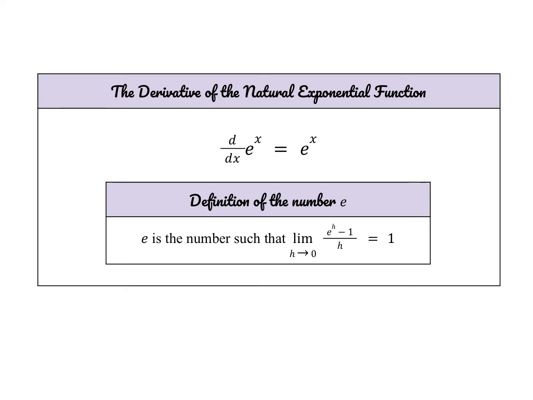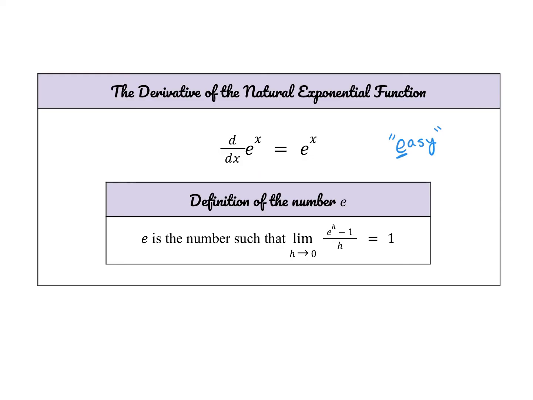All right, the last rule that we're going to talk about today is the derivative of the natural exponential function. So that's your base e functions. And this, we like to say, is the easiest function to memorize the derivative for, because the derivative of e to the x is just e to the x. So just remember, it is easy. And it's actually the only function that exists where the derivative is itself. So that e to the power of x is actually a pretty cool derivative. So we are going to look at a quick proof of this